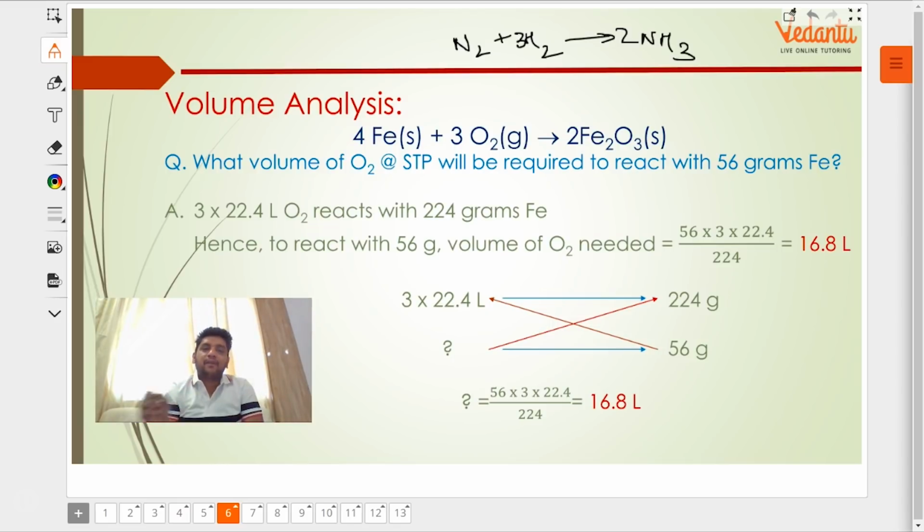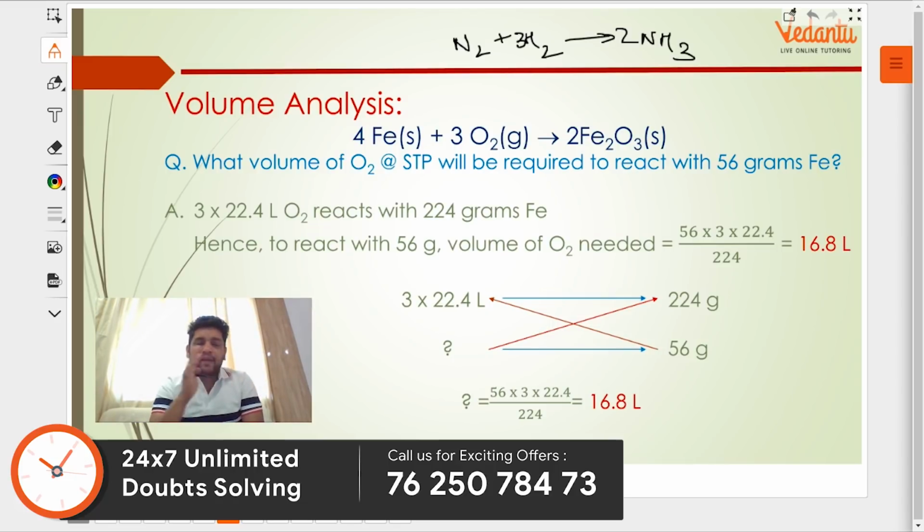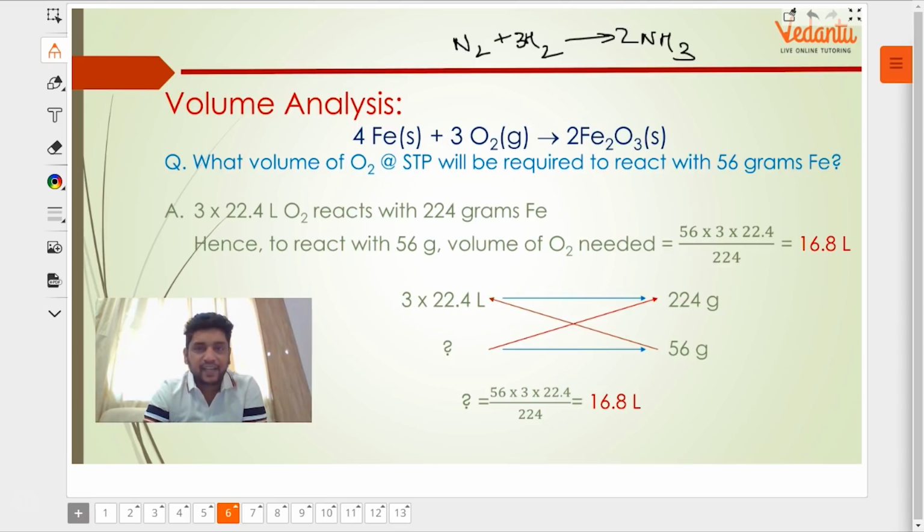number ratio when gases combine with each other. Their volumes bear a simple whole number ratio to one another, which is same as ratio of their coefficients. ये है Gay-Lussac's law। इनका वॉल्यूम रेशियो एक सिंपल रेशियो होगा और वो जो रेशियो है वो उनका कोएफिशिएंट्स का रेशियो होगा। ये है अपना Gay-Lussac's law। तो इफ somebody says फॉर एग्जांपल कि इसका 21 लीटर कंज्यूम हो गया, तो इसका कितना कंज्यूम हुआ, इसका कितना बना, if that is the question, so what I'll say is, okay, volume of N2 divided by volume of hydrogen should be equal to 1/3। ये Gay-Lussac's law of combining volume से आया।